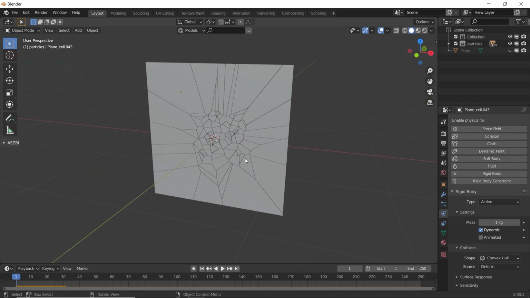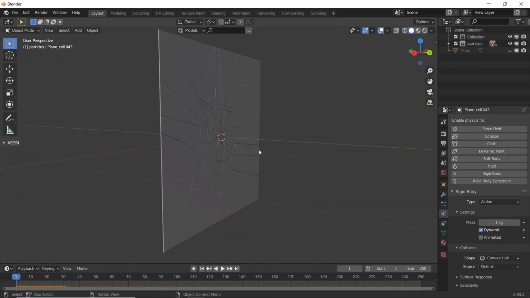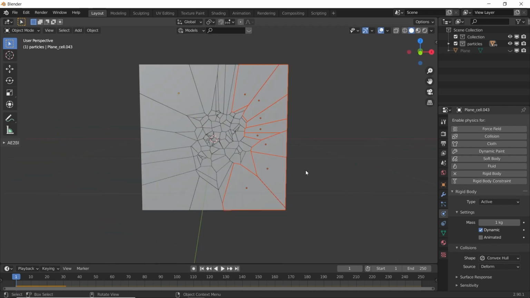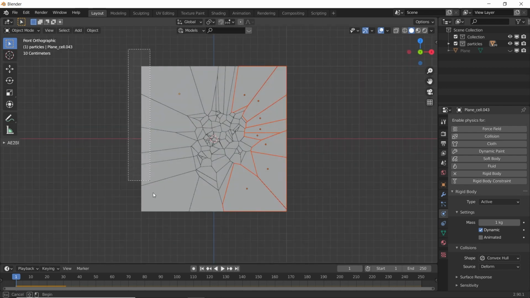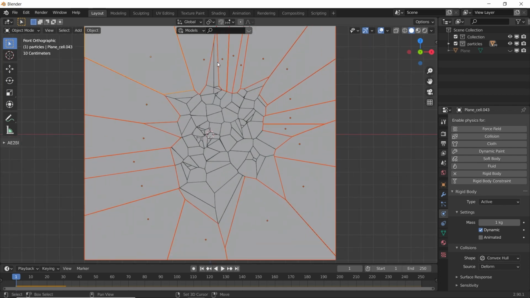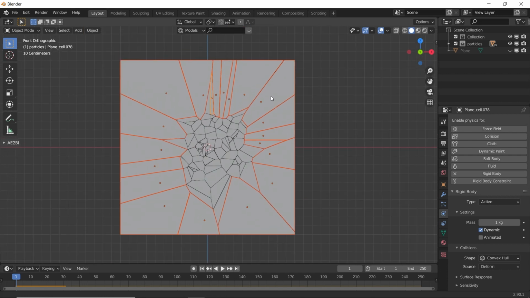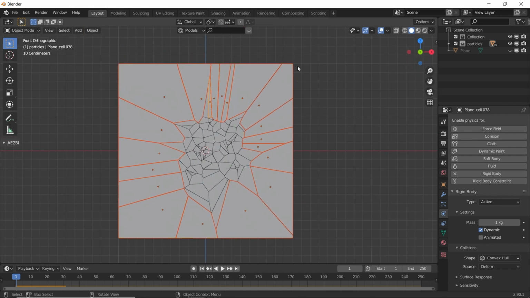Okay, this is nice. When the ball is going through this glass, I don't want these pieces to fall down. So let's select these pieces and move them into a new collection. Let's call it passive.